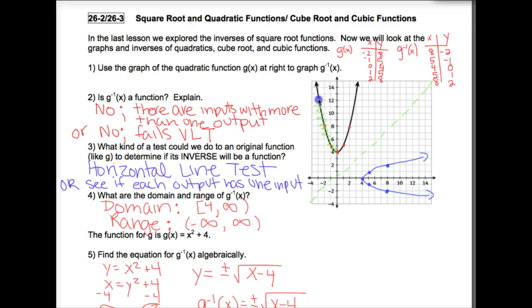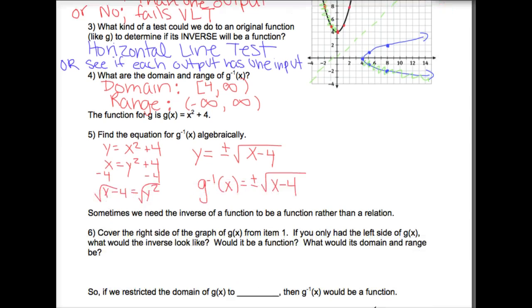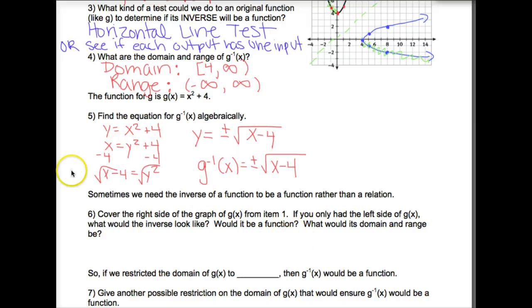So if I only had that part and I were looking at the reflection, that would mean that I would only end up with the bottom part of my g inverse. So that's the answer to the first part. If I only had the left side of g of x, what would the inverse look like? It would just be the bottom half